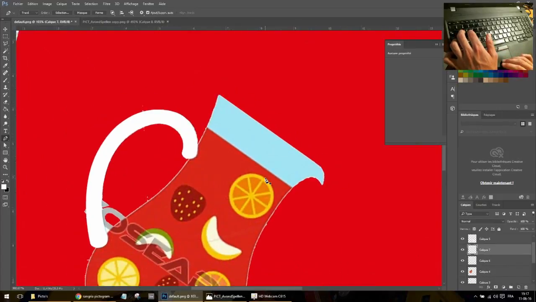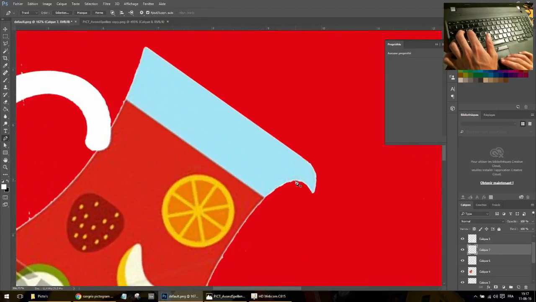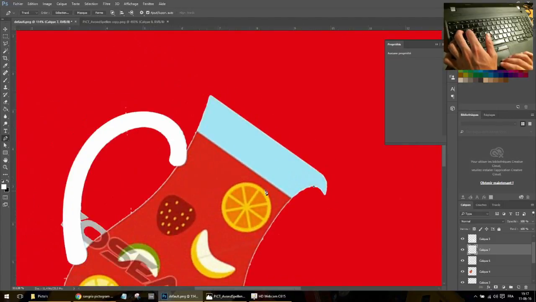Alright, so the liquid, normally it's not like this with physics. It has to be straight and horizontal. So I'll start from here and hit Shift and go here. Shift means that you can go everywhere you want, but the bar will always stay either horizontal or